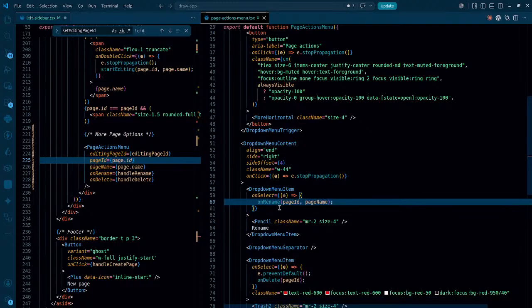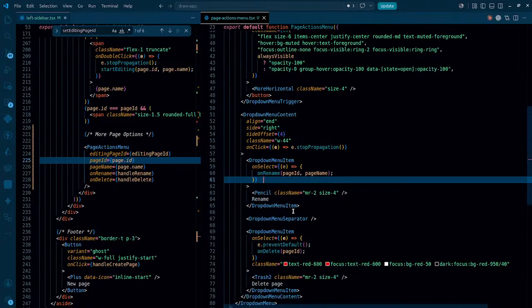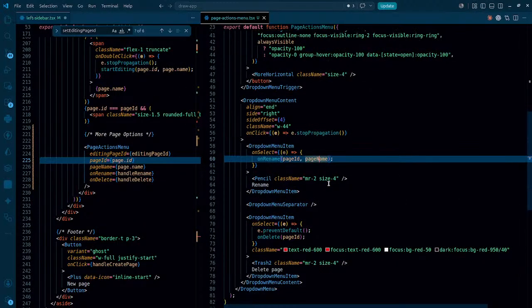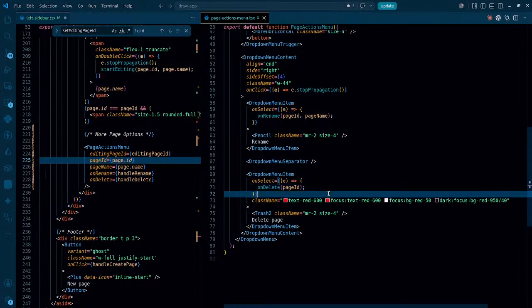Why prevent the default behavior in here? As expected. So this was the first thing that needed to be removed, and we are preventing the default behavior. That is why it does not work. This is the first thing, and the second thing is that